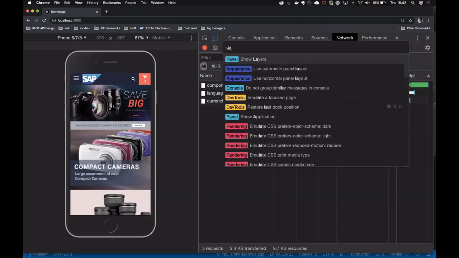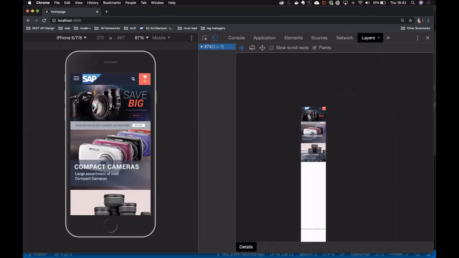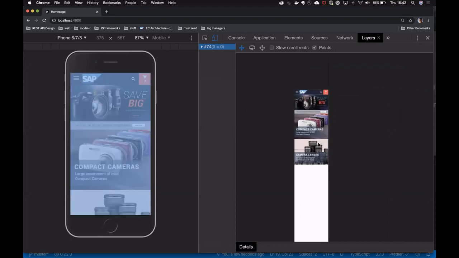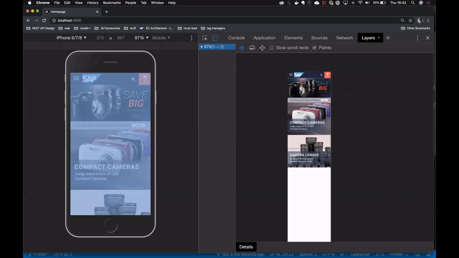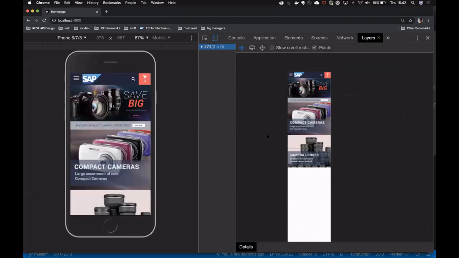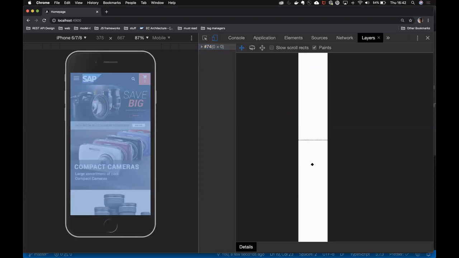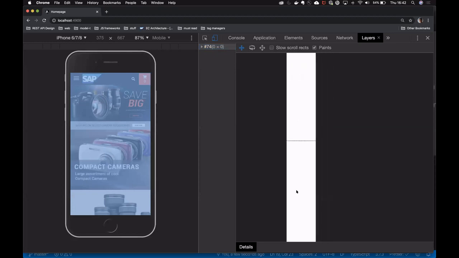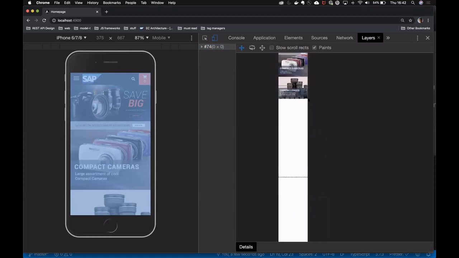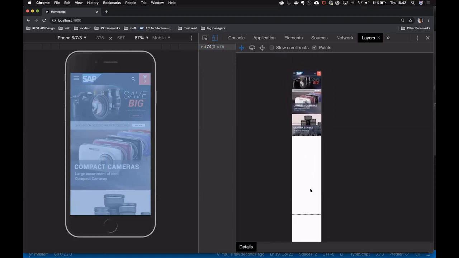Additionally, if we go to that cool layer tool, you'll see also that from the full experience, we've only loaded the header, the hero component, and some other banners. So all the components which are basically in the viewport. And if you look at the bottom, it's all empty. I've added a little dotted line for each page slot. I'll come back to that one later. But this shows you what kind of page slots are deferred here.